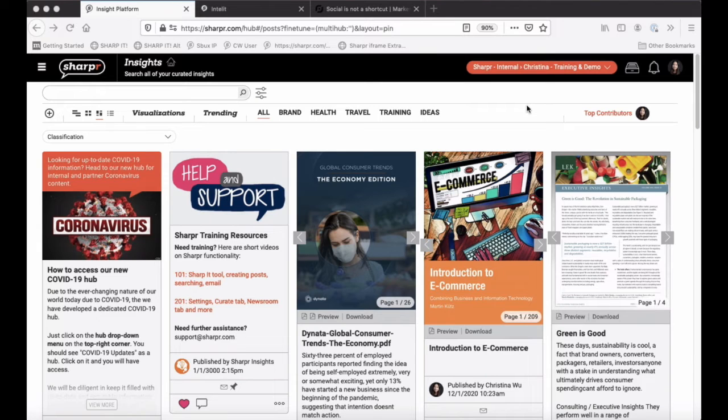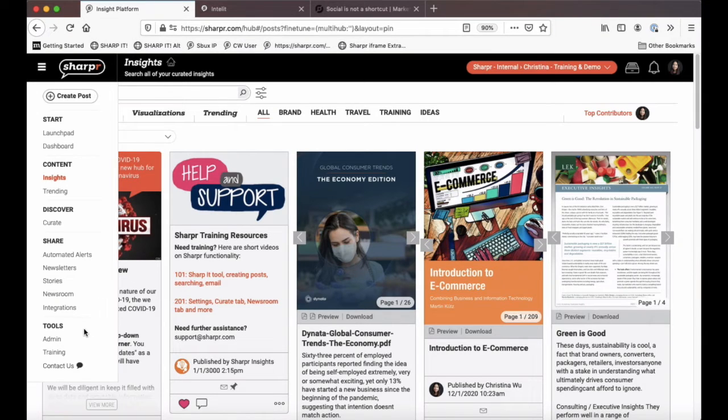One of the first things that you'll want to do when you log into Sharpr is to install the Sharpr tool. The Sharpr tool is an online extension that allows you to clip any online article and file it into Sharpr. To download the Sharpr tool, all you have to do is go to the burger menu here on the left-hand side, drop down into Training,